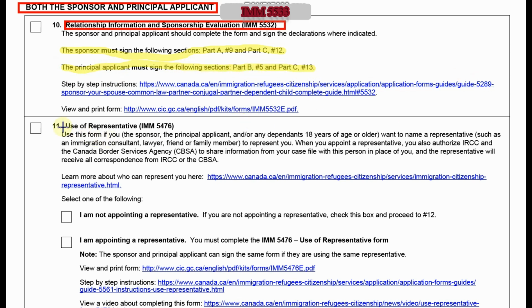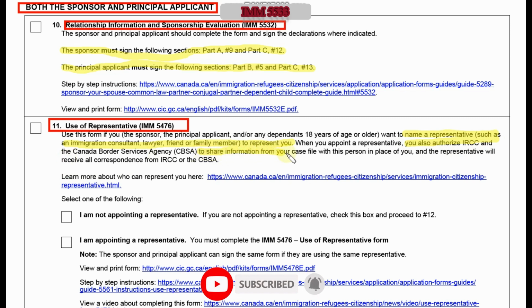Now the next form to be filled out by either the sponsor or the principal applicant is the use of representative form, or the IMM 5476. Only if you want to name a representative such as an immigration lawyer, consultant, a friend, or even a family member to represent you. So it states that when you appoint such a representative, you also provide an authorization to the IRCC and the Canadian Border Services that the information about your case file will only be received by the